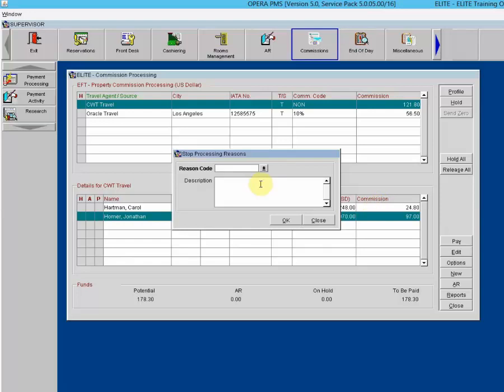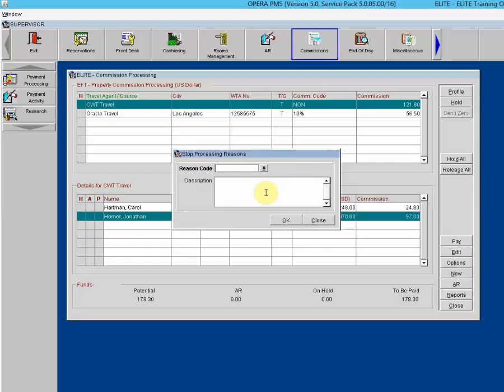The detached commission record is removed from the commission processing screen's commission detail records list for the agent or source from which it was detached. When the detached commission detail record is edited, the name of the agent source from which commission was detached and the detached reason, if applicable, is shown in the lower note area. The reason is also shown in the notes area on the reservation screen, search screen, when the associated reservation is